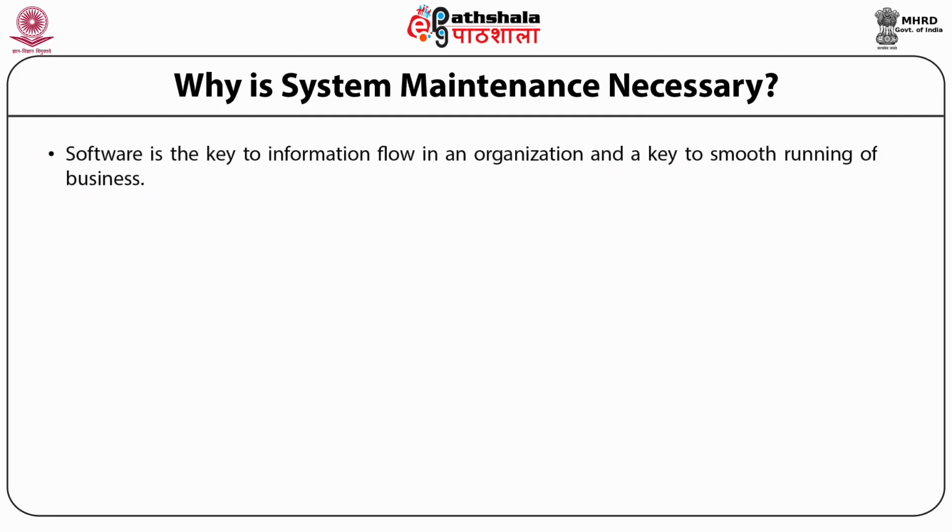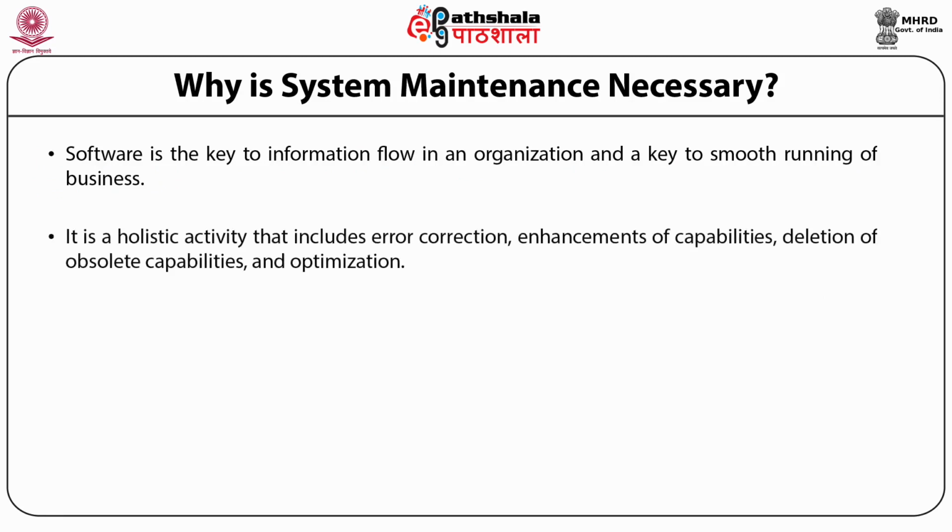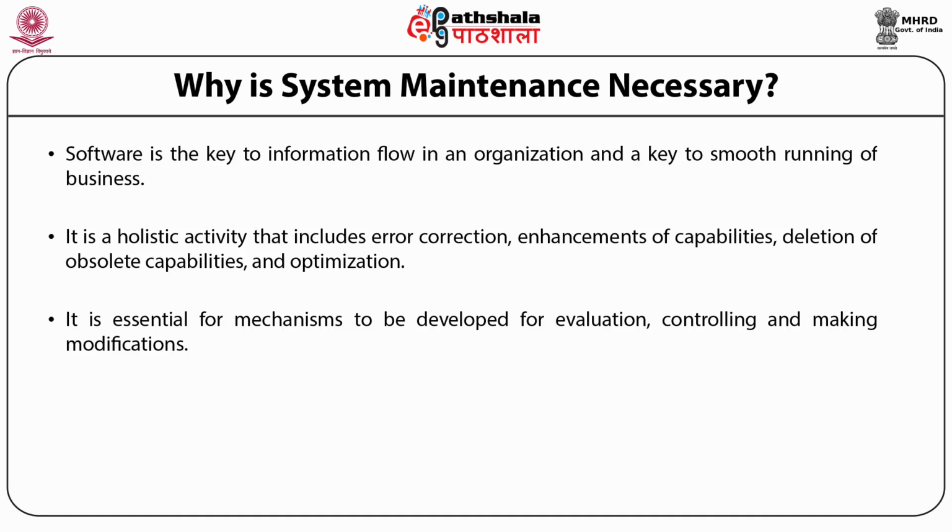Software is the key to information flow in an organization and a key to the smooth running of the business. It is a holistic activity that includes error correction, enhancement of capability, deletion of obsolete capabilities, and optimization. It is essential for a mechanism to be developed for evaluation, control, and making modifications. It keeps the information system functional and secure by making necessary alterations or corrections in the information system, and